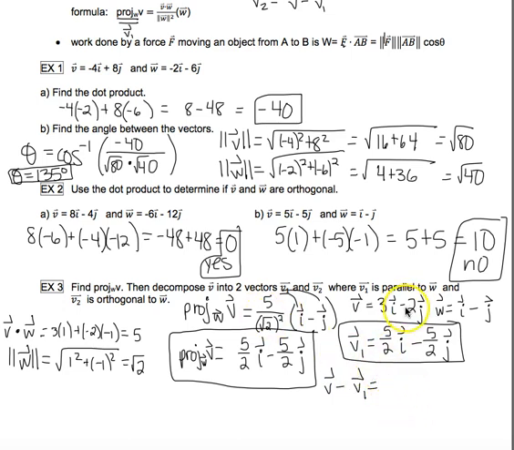So my vector v, its a value is 3. So I'm going to do 3 minus the a value on v sub 1, which is 5 halves. That's going to go with my vector i. And then I'm going to have minus